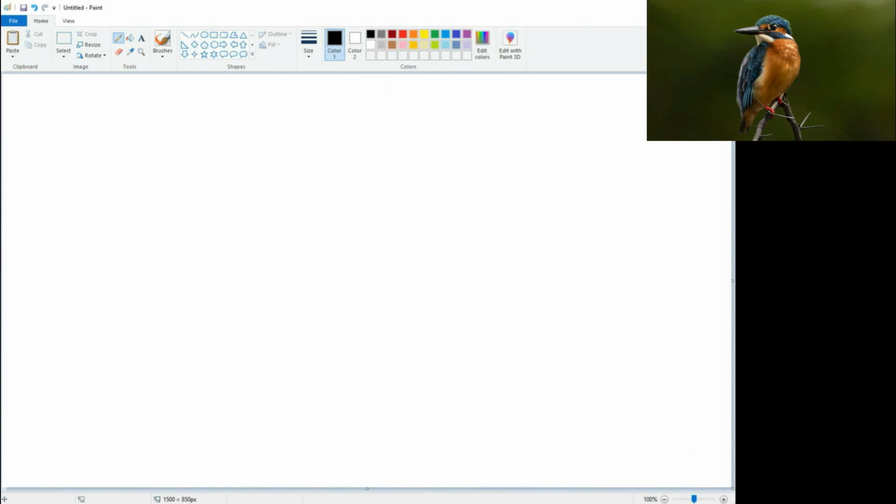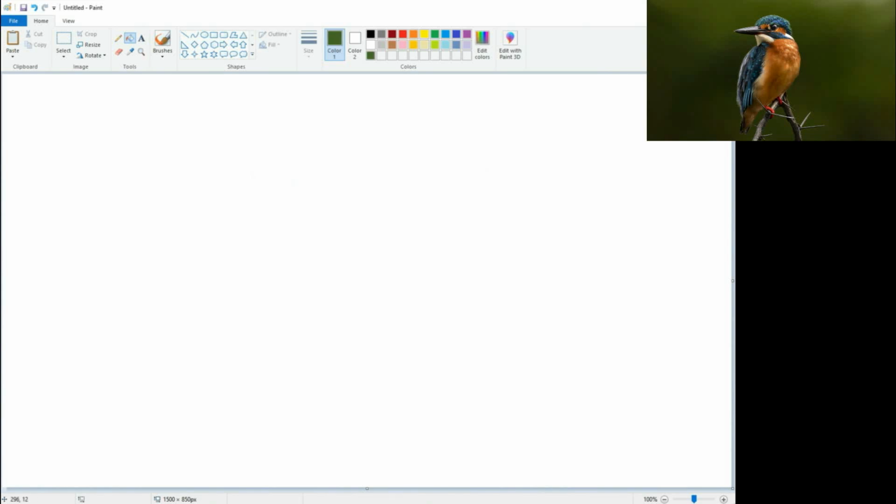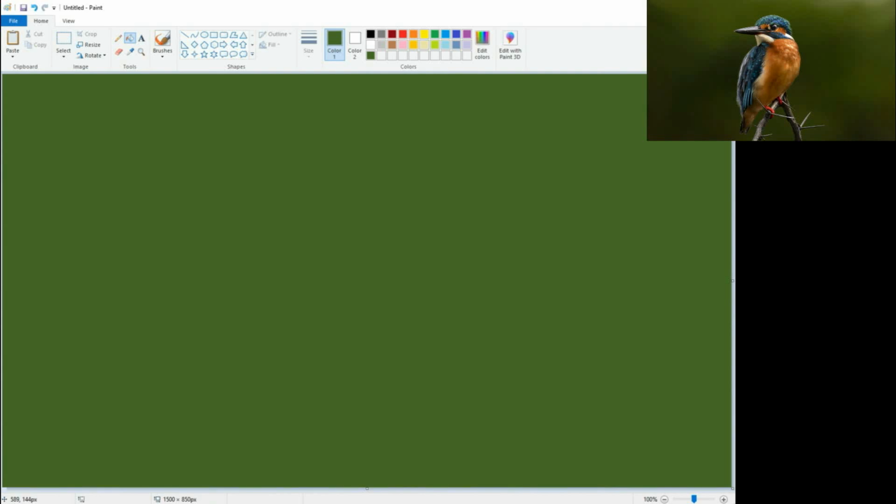I start by selecting the paint bucket tool and then open the edit colors to select the base color for the background. I'm using the reference photo as a guidance and pick a color that to me seems like a good midtone to use as a baseline. In this case it will be green with slightly yellowish hue, and then I fill the whole canvas using this